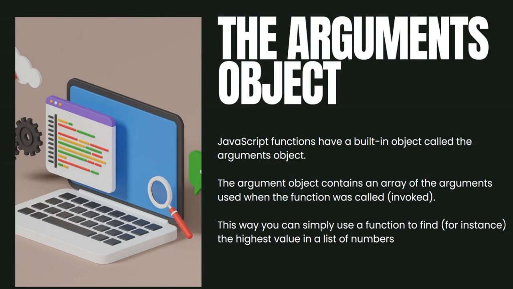Everyone, welcome to another lesson, and in this lesson we'll be talking about the arguments object and regular functions in JavaScript. So JavaScript functions have a built-in object called the arguments object. The arguments object contains an array of the arguments used when the function was called or invoked. This way you can simply use a function to find, for instance, the highest value in a